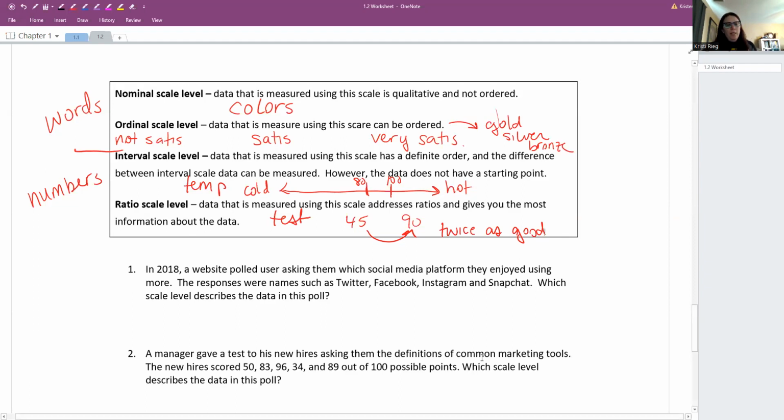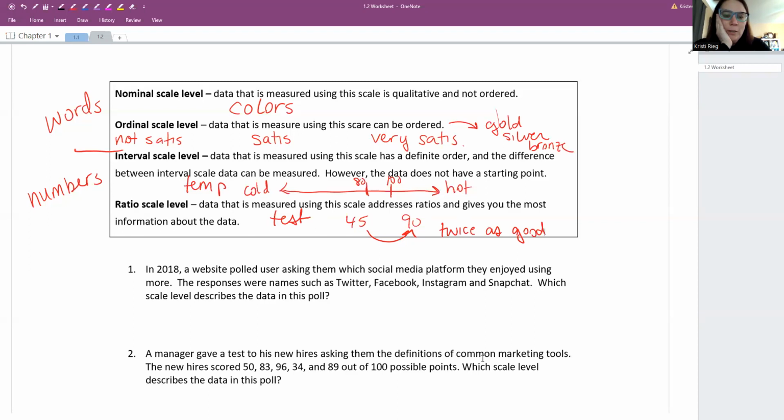Okay, so here we have a poll asking people which social media platform they enjoy using more. Twitter, Facebook, Instagram, Snapchat. So those answers are all words, but so that would be the top 2. But, I think I can, yeah, look, I'm going to point to it right there at the top 2. But